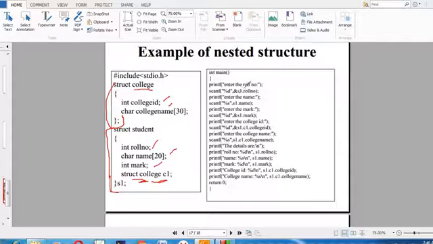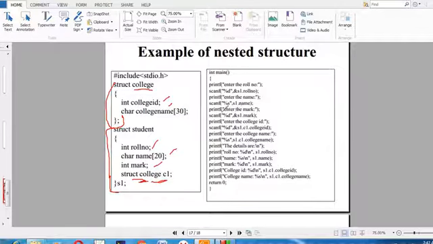Then our program, with the help of structures, will collect the values from the user, store them in the respective memory locations, and after that display them to the user. How does our program get the value from the user? S1.roll number, S1.name, S1.mark, following our previous program. Then S1.C1.college ID and S1.C1.college name.